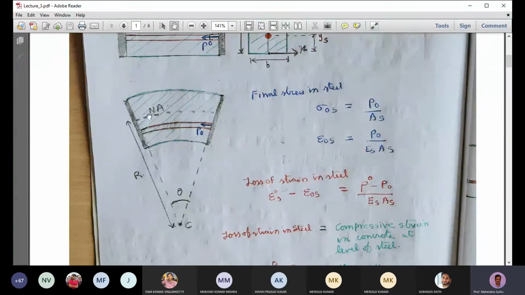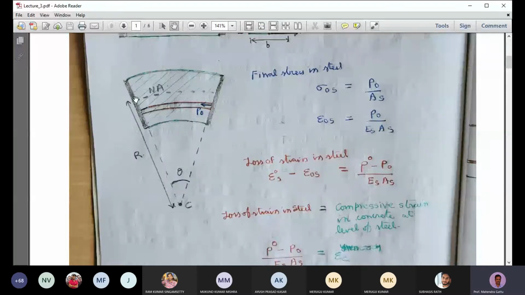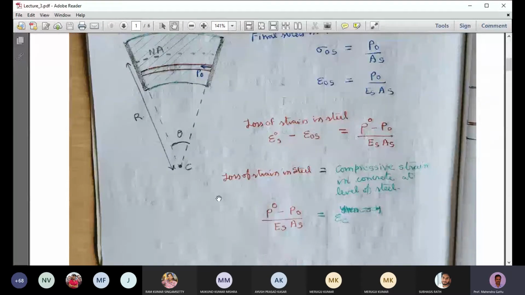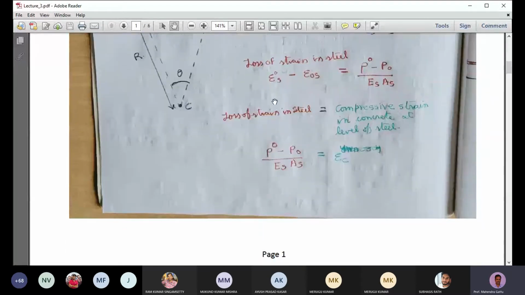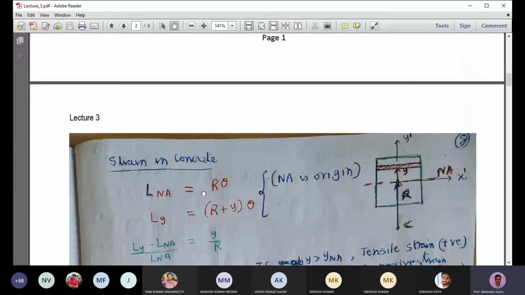In mechanics of solids we have learned that the strain at the neutral axis is 0. So whatever length of the neutral axis will remain the same before and after deformation. Using that concept, as we move upward above the neutral axis, for this problem there will be a tensile strain, and if you move below the neutral axis, there will be a compressive strain. So we can find out those strain values in terms of R and the distance y. That is what we'll do now.